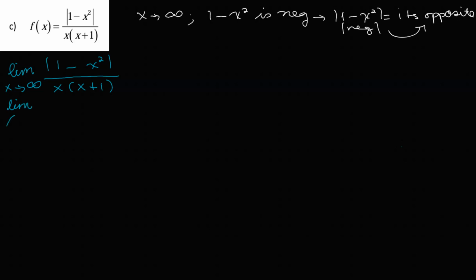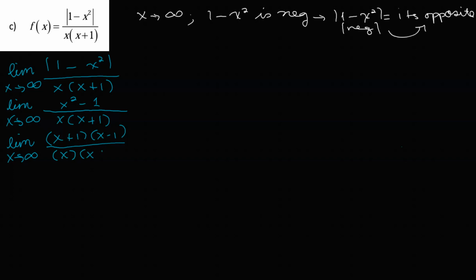the limit as x goes to infinity of the opposite of 1 minus x squared, which is x squared minus 1. And then you would say, well, x squared minus 1 is x plus 1 times x minus 1. So then x plus 1 will divide out, and you'll have just x squared over x, and that would be in the form of infinity over infinity. So you can just apply L'Hopital's rule, which would be the limit as x goes to infinity of